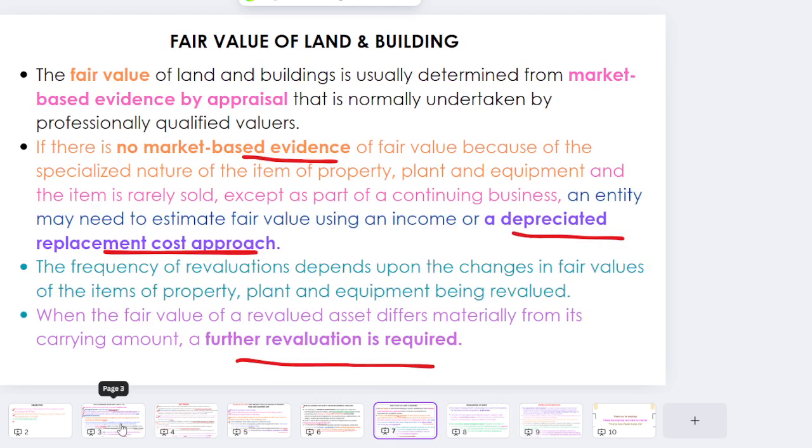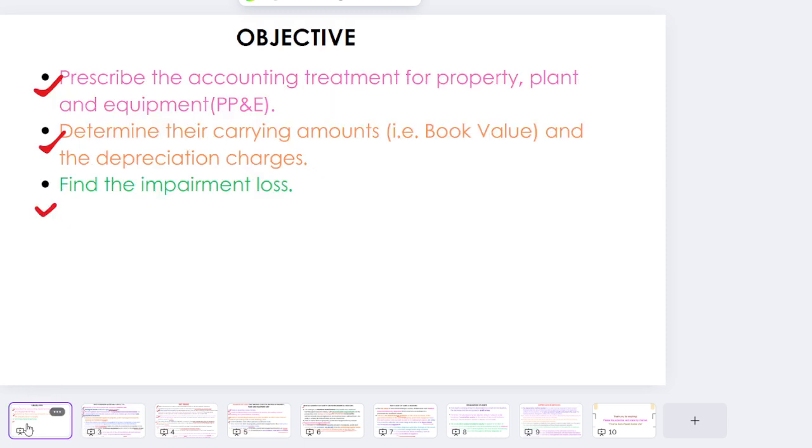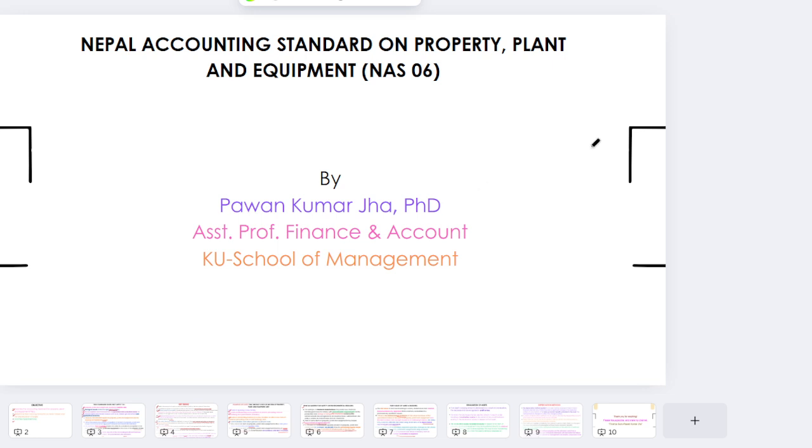In today's discussion, friends, I briefly discussed the Nepal Accounting Standard on property, plant and equipment. I tried to capture the concepts mentioned in this NAS 06, and I believe that today's discussion